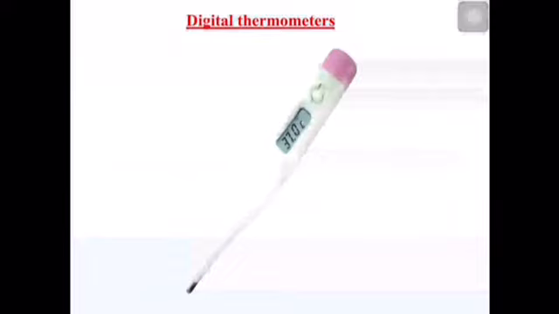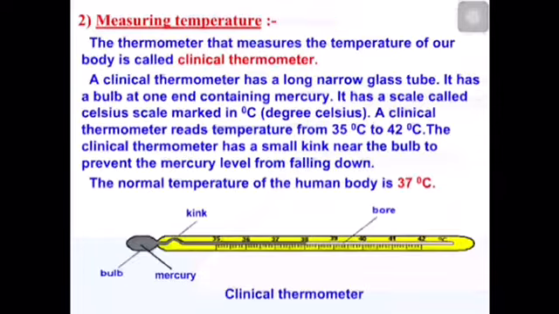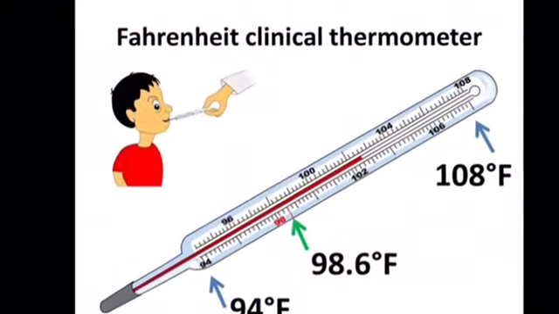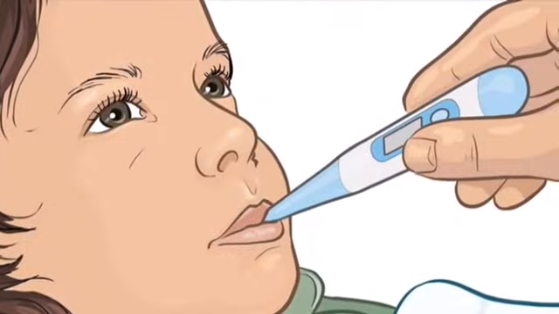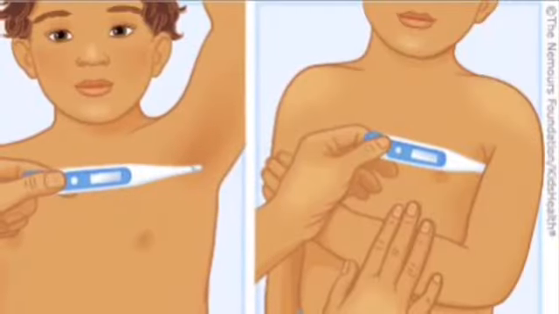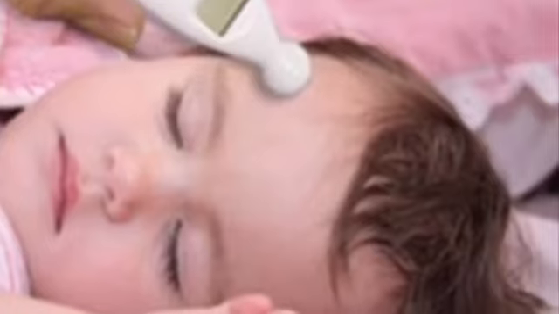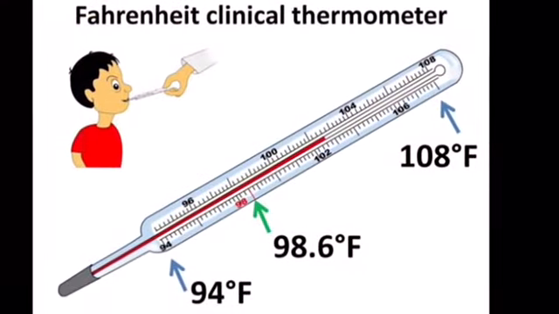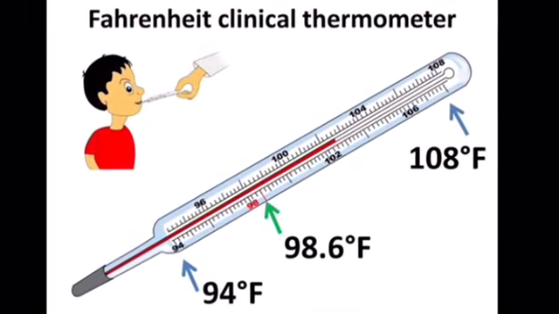Nowadays, digital thermometers are available. These are preferred over the conventional mercury thermometer, as they are easy to read because they give an LCD display of the temperature of the person. They are also mercury free. For measuring the temperature with the help of a thermometer, the tip of the thermometer is inserted into the mouth under the tongue, under the armpit or on the forehead.